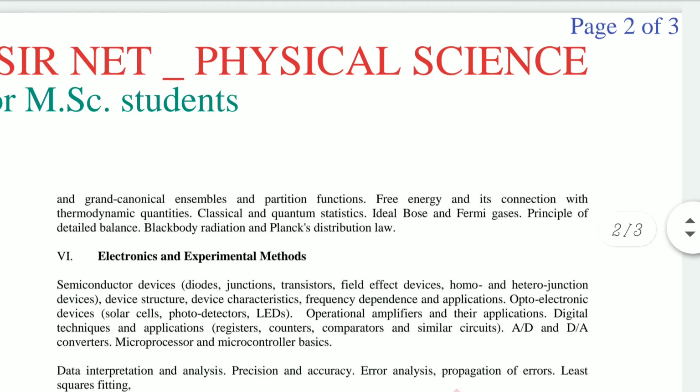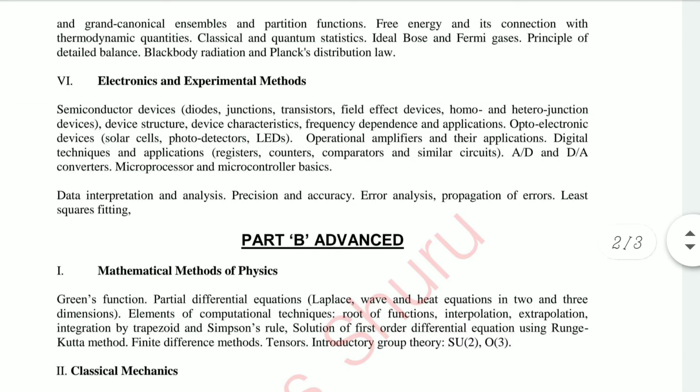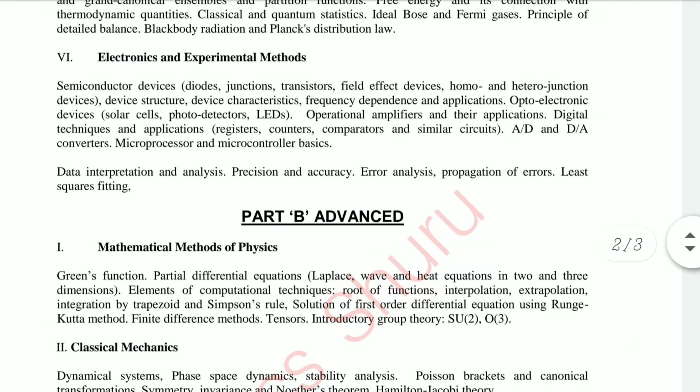And now in the sixth unit, electronics and experimental methods, you have to read semiconductor devices, diodes, junctions, transistors, field effect devices, homo and hetero junction devices, device structure, device characteristics, frequency dependence, applications, optoelectronic devices, solar cells, photo detectors, LEDs, operational amplifier, that is op-amp, and their applications, digital techniques and applications, registers, counters, comparators and similar circuits, AD and DA, that is analog to digital and digital to analog converters, microprocessor and microcontroller basics.